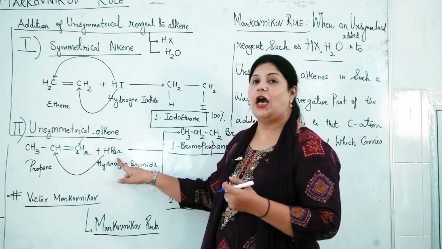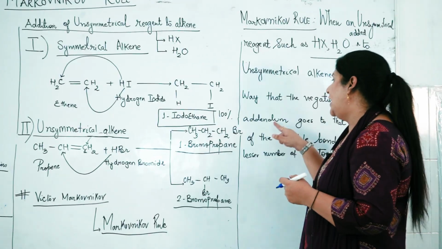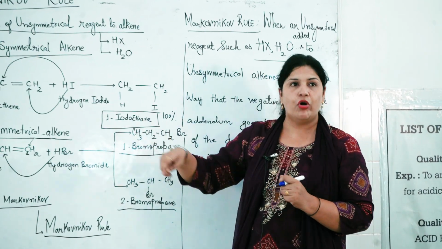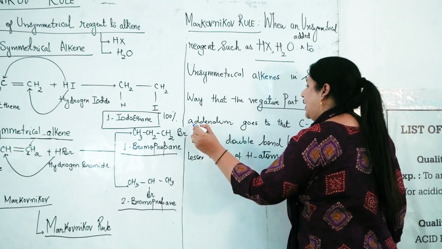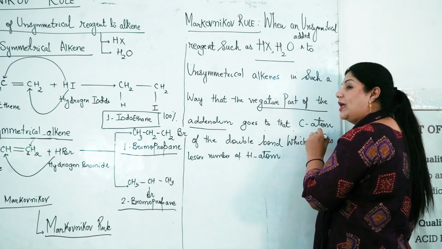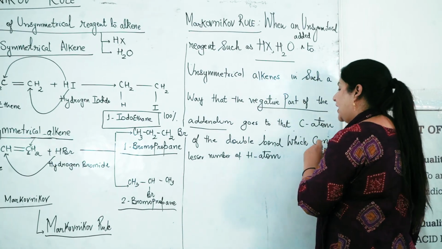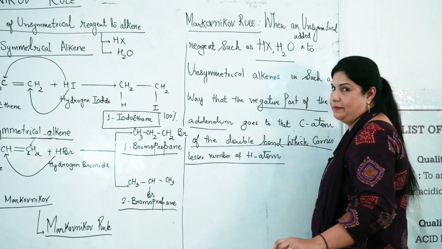Negative part is Br minus, all of us know that. The negative part of the addendum, addendum means adding molecule, bromide is adding molecule. So, the negative part of the addendum goes to that carbon atom of the double bond which carries lesser number of hydrogen atom,